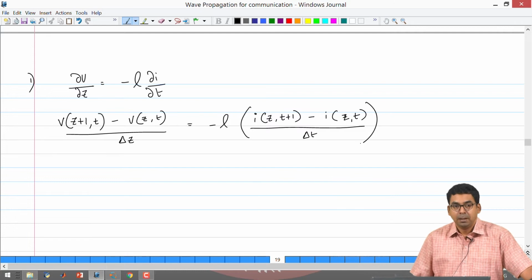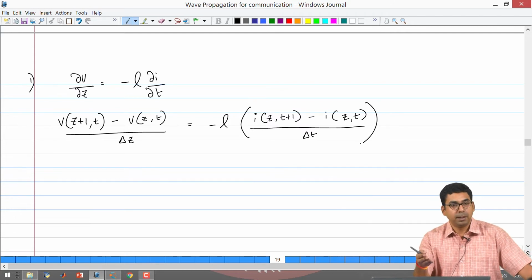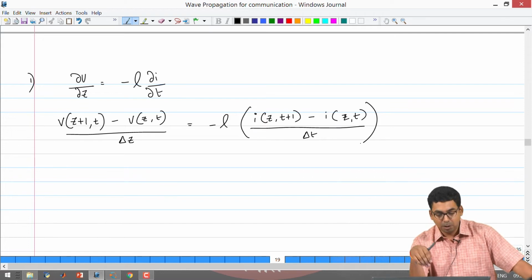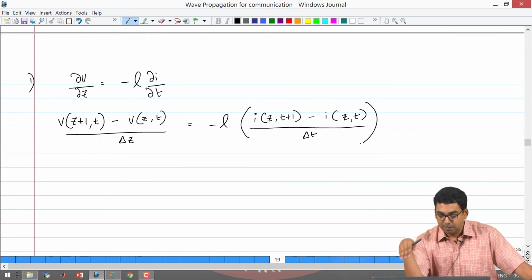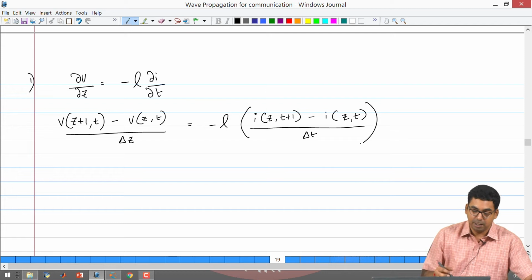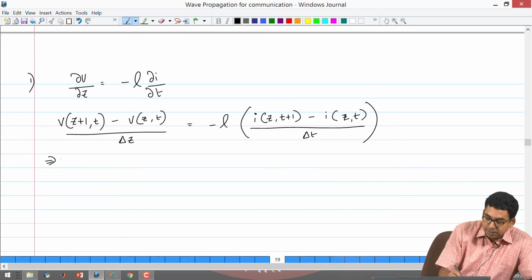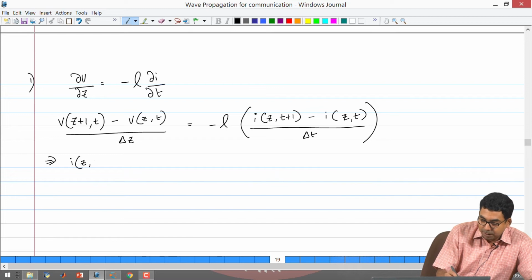Once you have written it in this form, you should immediately be able to understand, based on what we have discussed, that the unknown in this particular equation has to be the quantity in future. If I look at this equation, I have a quantity in future, I of z comma t plus 1, that is the unknown quantity. Bring it to one side, push all the other quantities to the right hand side. So rearranging this, you will have I of z comma t plus 1